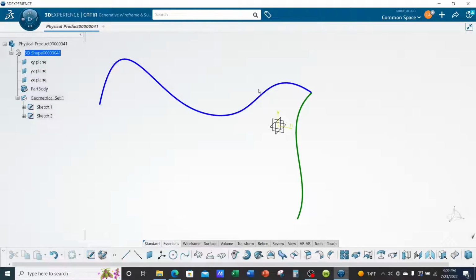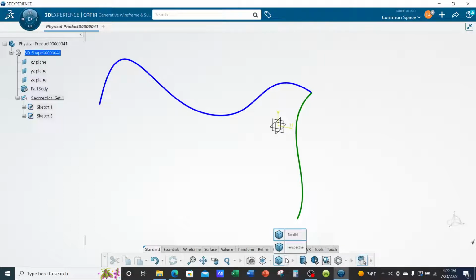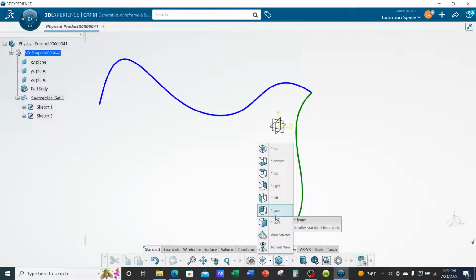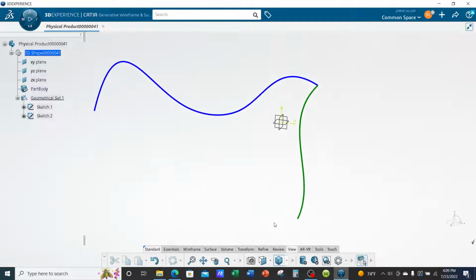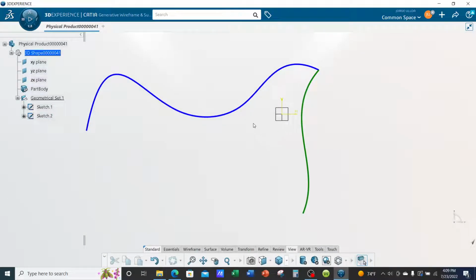Okay, so we have a nice smooth curve that all of a sudden has to make a sharp right turn to connect to the next one, right? So let me look at it from the front view. So before I go back to the lecture notes, let's talk about curvature continuity